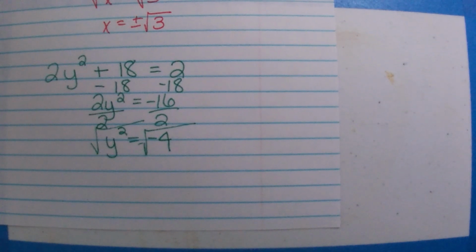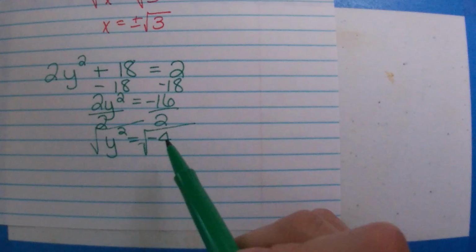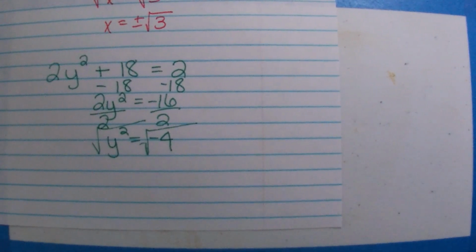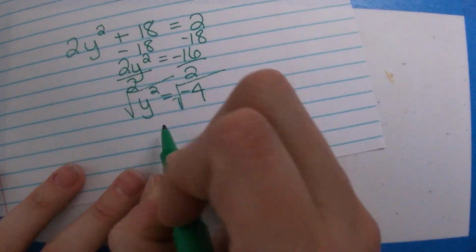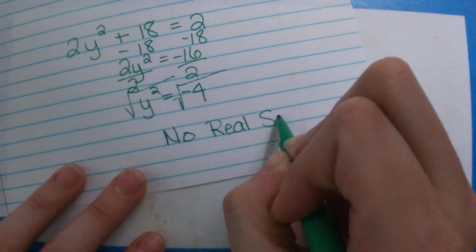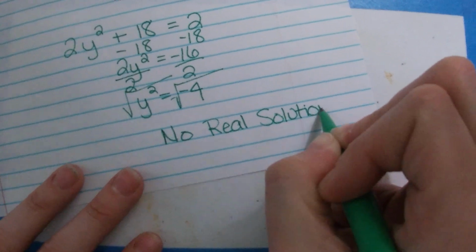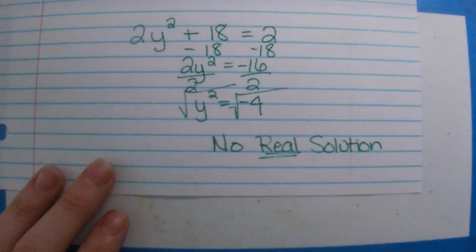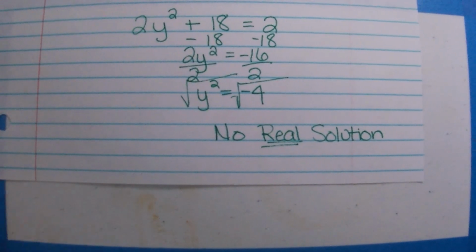So whether it is step 1, step 2, or step 100, if you ever get to the point that you have a negative underneath the square root, you are stopping everything that you are doing, and we are saying no real solution. Now this real in here is really important because that's the real number set. Okay, there is a solution